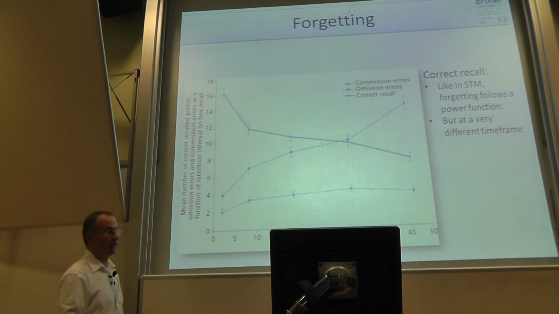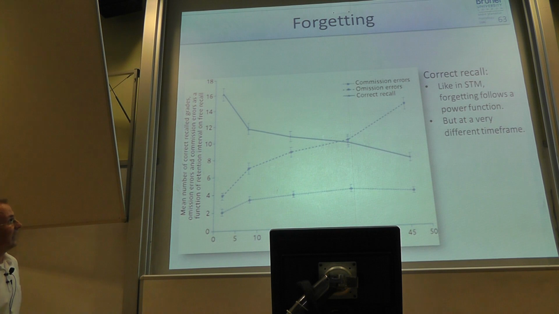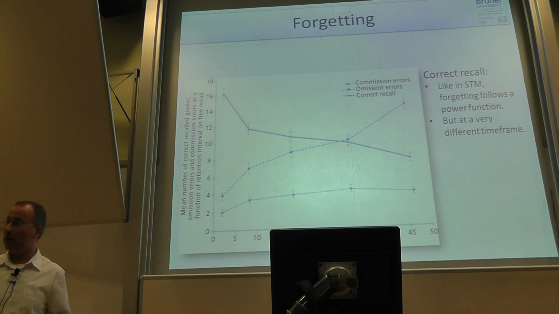Okay. So these were the results, and what we can do is just focus on the blue solid line. The blue solid line is the mean number of correctly recalled grades from the study time, out of 16. And this is the retention interval in years. What you can see is that after like 1 or 2 years, it's like 7. Still quite impressive.